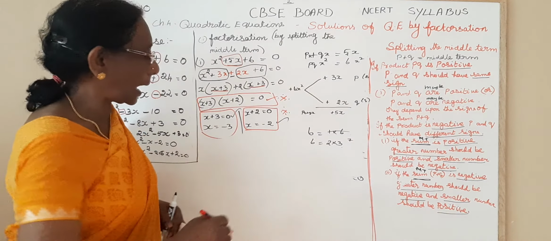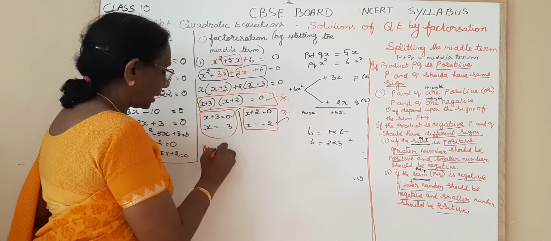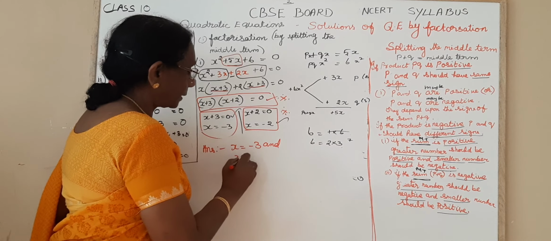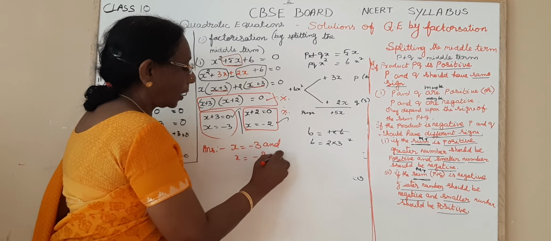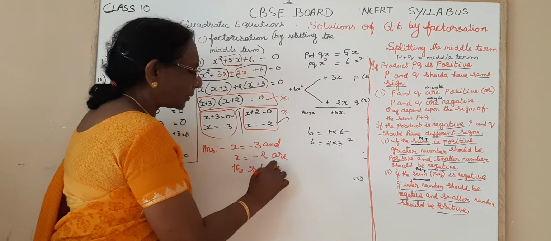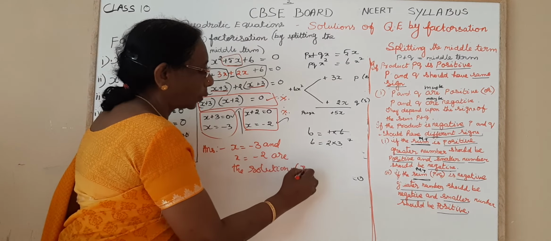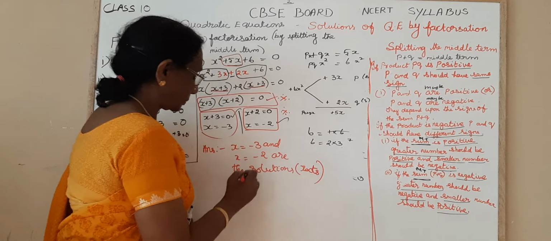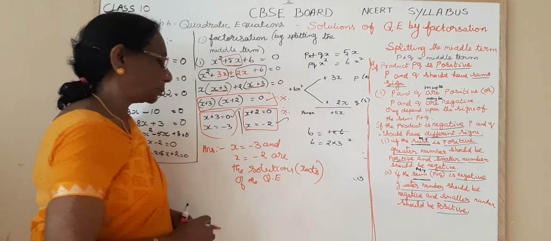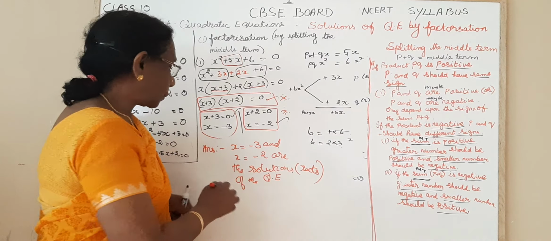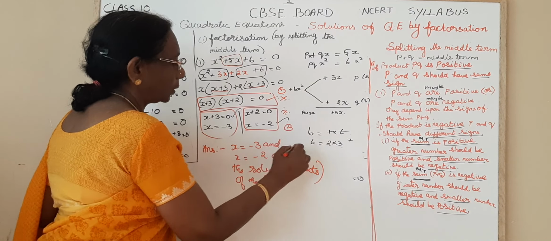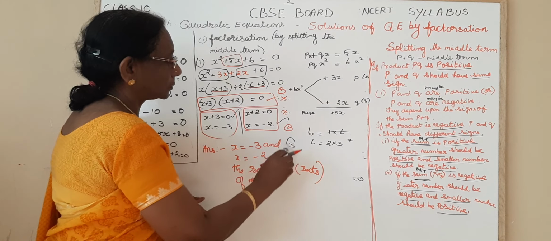You have to write the answer as x is equal to minus 3 and x is equal to minus 2, or the solutions. Instead of solutions, you can write roots of the quadratic equation. Have you understood, children? These steps are very, very important. 1, 2 and this 3. All these